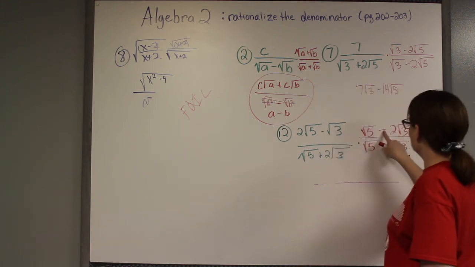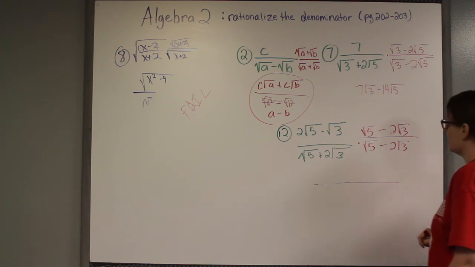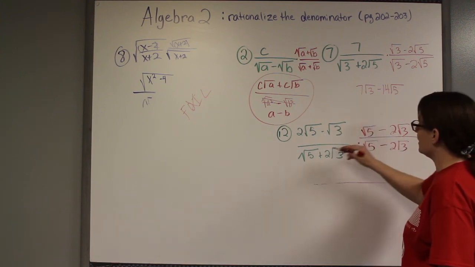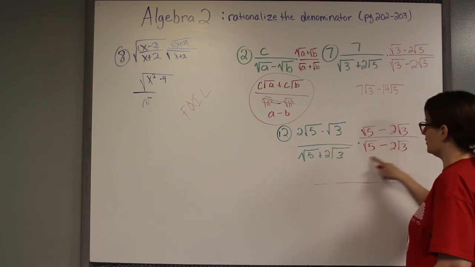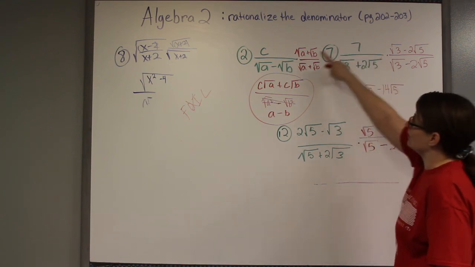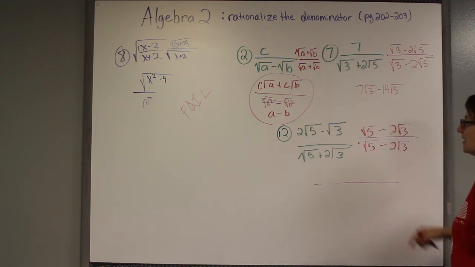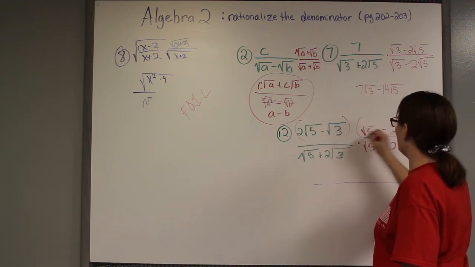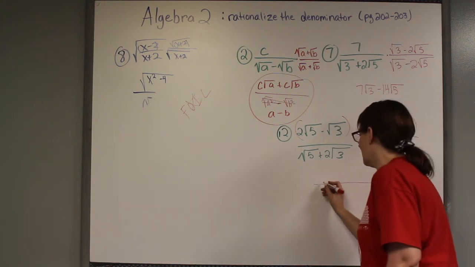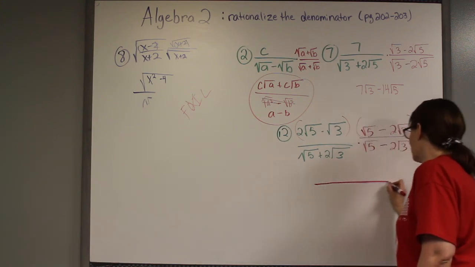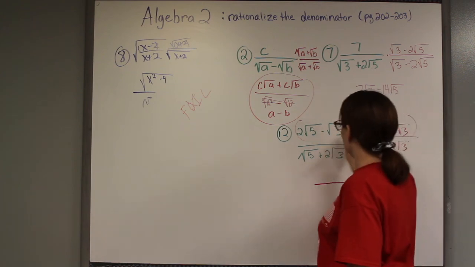Because these are not the same signs, the top part is not a conjugate, just the bottom. It happened to work out to where we've only had one thing on the top, but now we have a binomial and a binomial. So we have to FOIL that completely all the way out. I just did it like we did the bottom, and that is incorrect, okay? You have to FOIL that